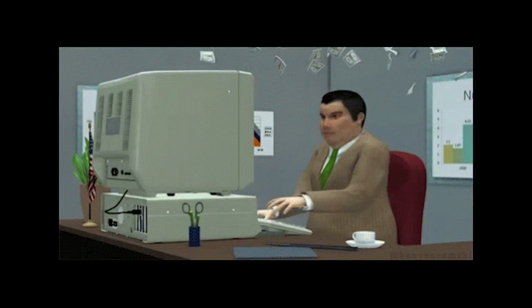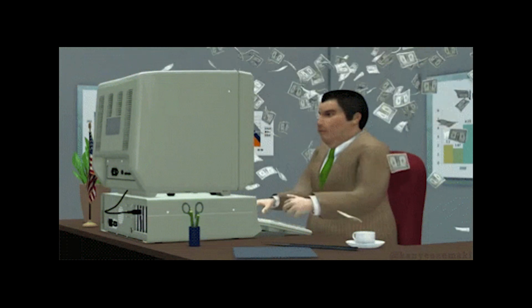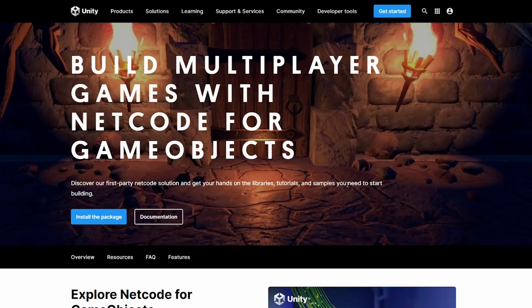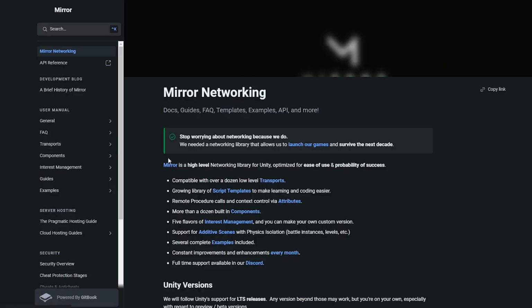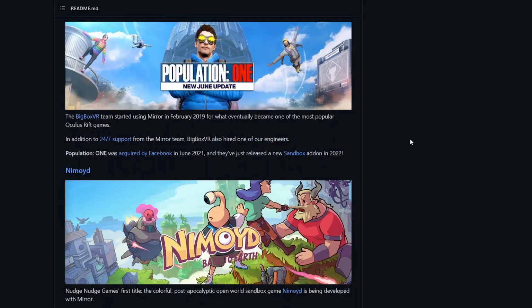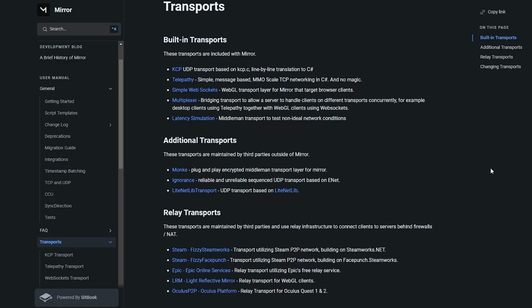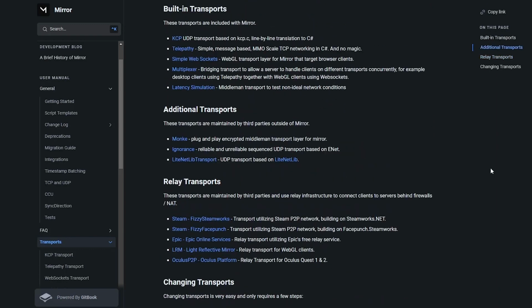If you've done any sort of research around multiplayer in Unity, you'll have likely heard of Mirror, Photon, Netcode for Game Objects, and maybe some others. These are all networking libraries that handle converting your game actions into net messages and use their own transport layers to send and receive those messages to and from other players.